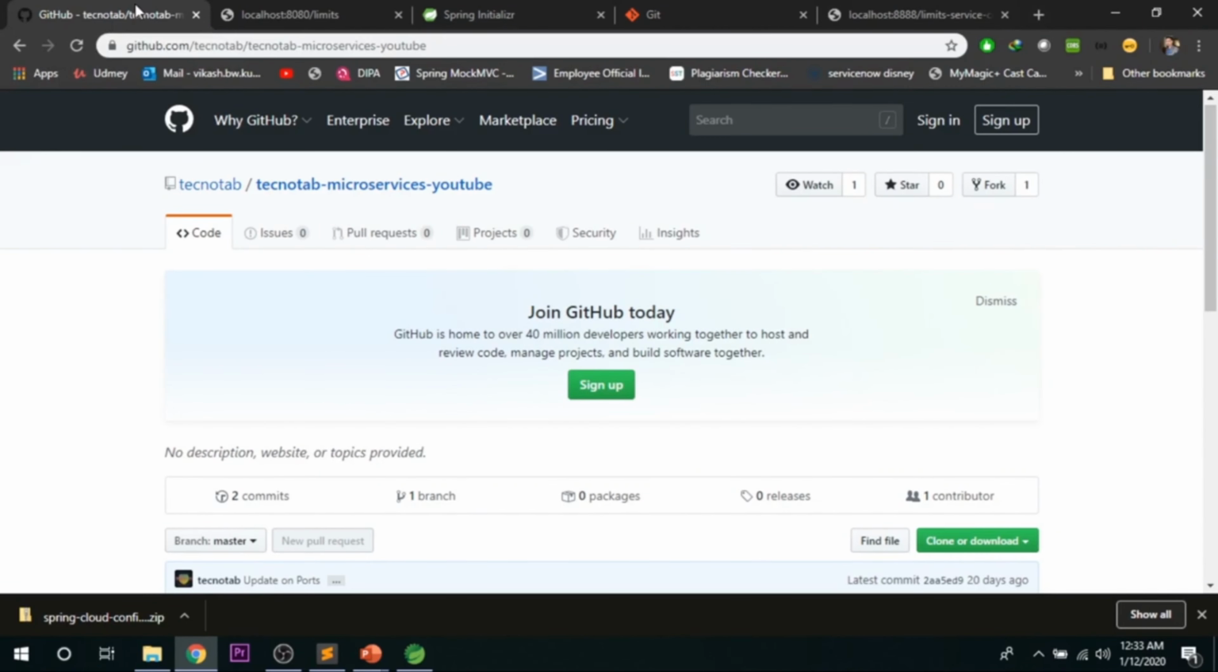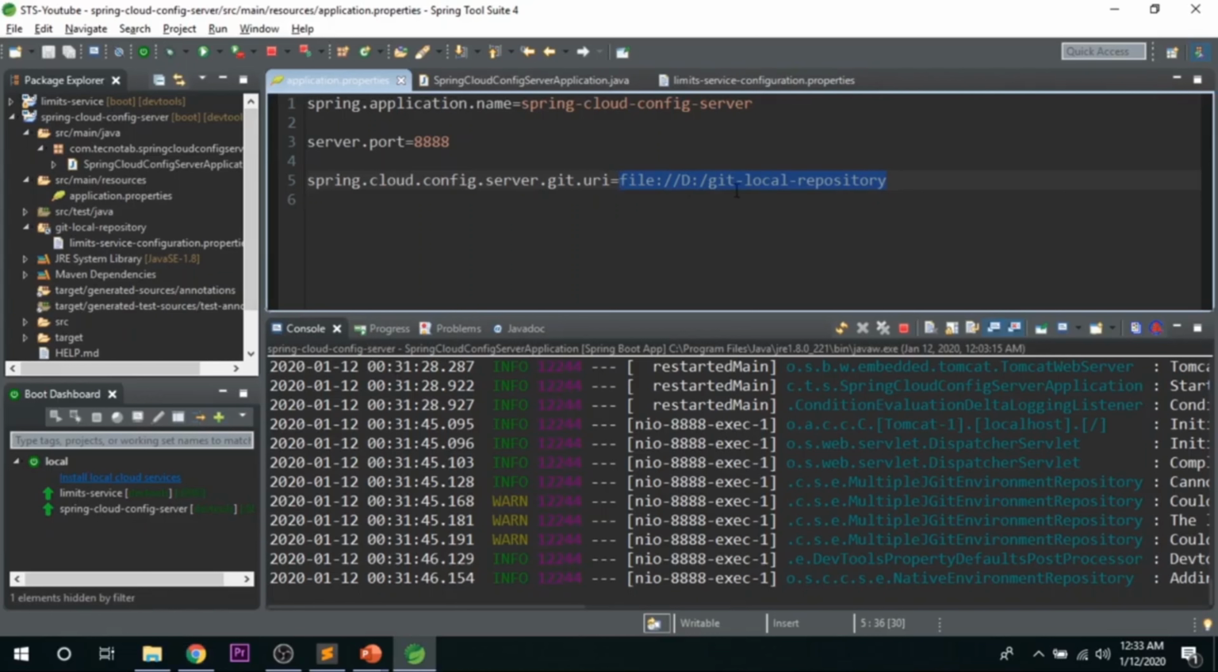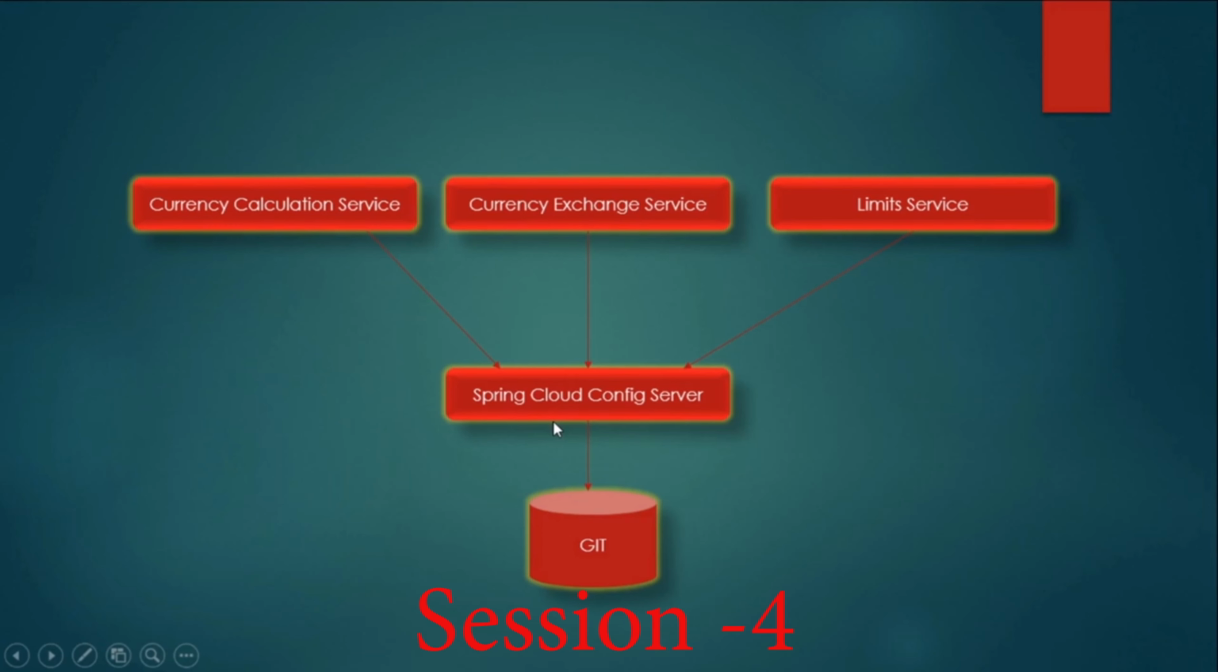If you want to give the location of your GitHub, surely you can go ahead and keep it without any problem. In the real time, we will not be keeping it in our local. We will be keeping it in Git repository only. Till now, we have configured our Spring Cloud config server to take the values from the Git repository and display